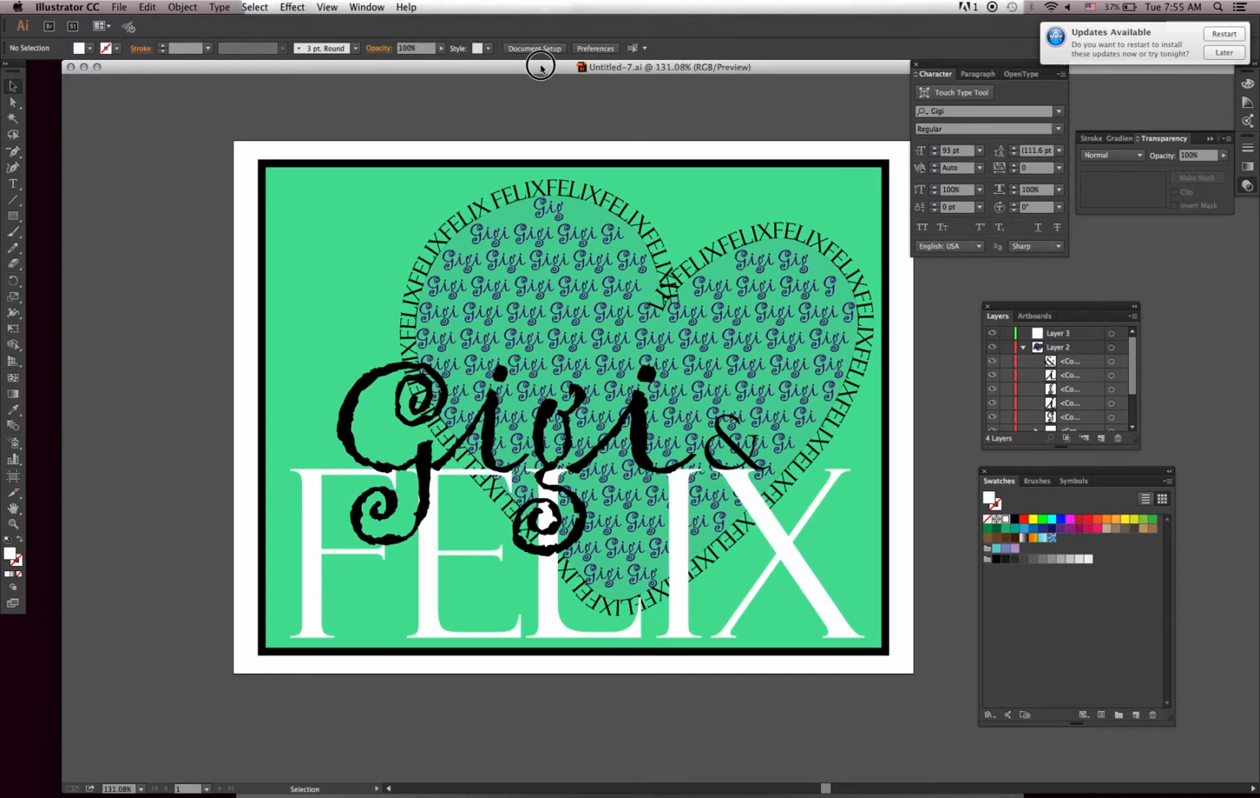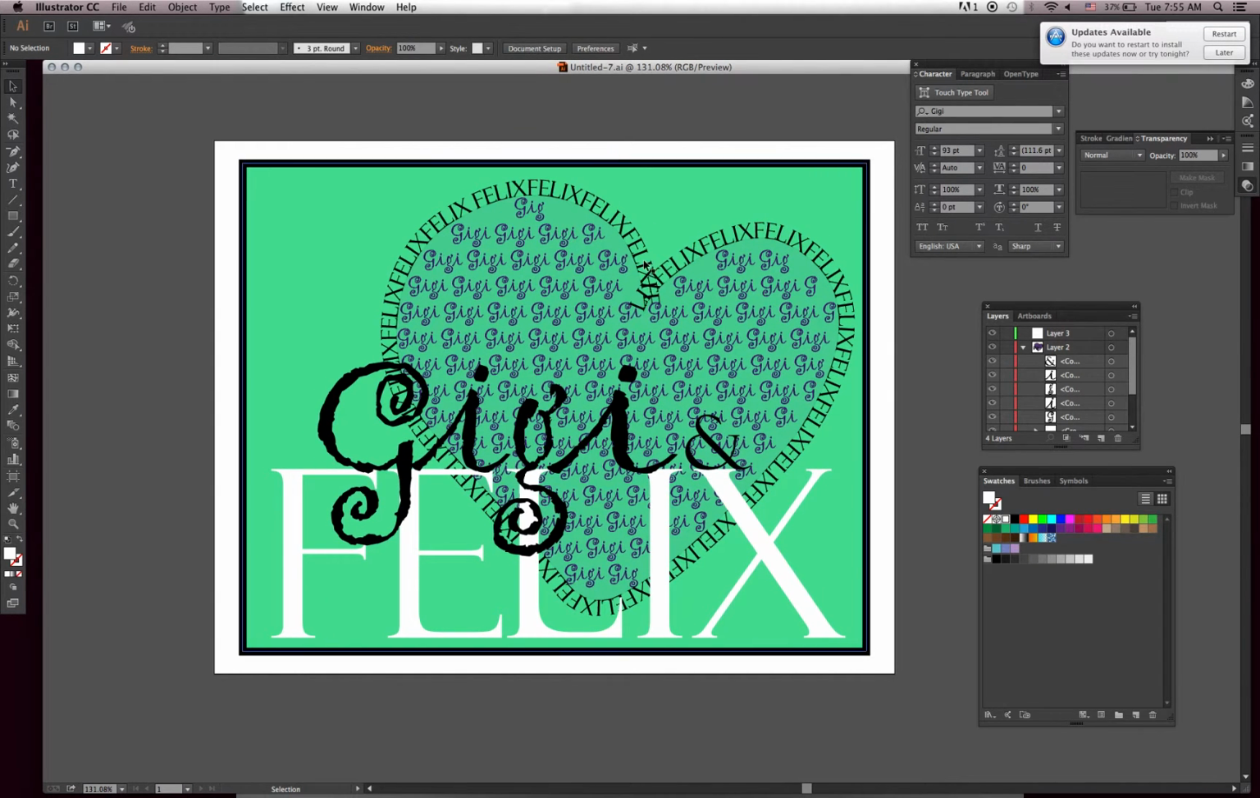Hey everybody, I'm going to give you a quick demo on another one of these text illustrations. This time we're going to be using text Gigi and Felix, combining two different typefaces to create an interesting composition. This time we're going to be using again the type tool, but we're also going to be including transparency,